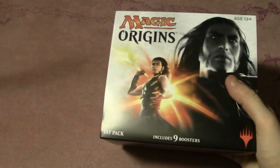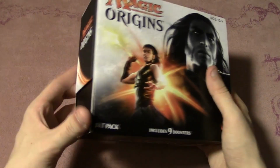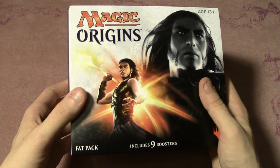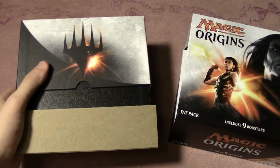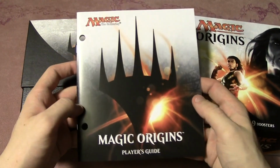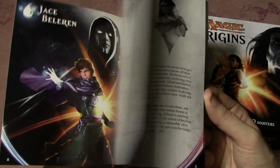But these fat packs are pretty awesome for players that want to spend some money on getting packs and want a cool deck box and some other various things inside, but don't really want to splurge on getting a booster box, while still looking for something well worth the money. So we have a player's guide for Magic Origins that goes over some of the cards within the set,